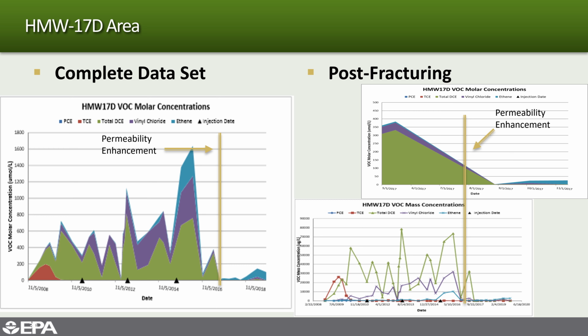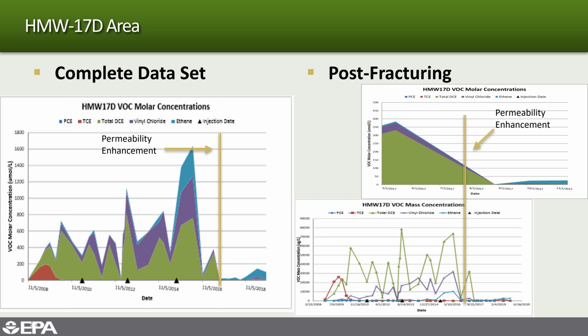And then we see the fracturing event taking place in mid to late 2017, and the response where we really see very little of our main contaminant of TCE, and a big push to further that process along and actually go from DCE and vinyl chloride production and start to see a lot of production of ethene and less and less production of